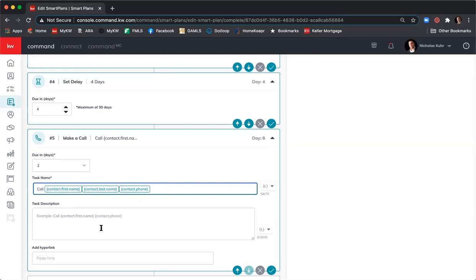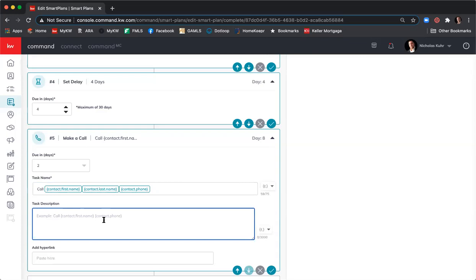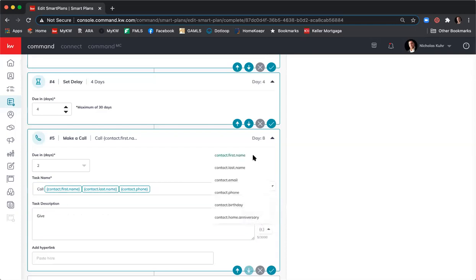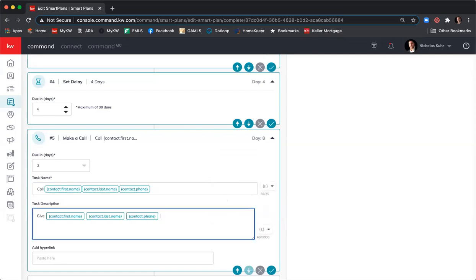So I don't even have to click in here, but I will want to, because I want to give a little description, and I'll say give, and I'll do the same merge fields. Now, for whatever reason, in the description, when you add a merge field, it'll put it in the correct order. So I'll do contact first name, contact last name, phone number, to see if he or she is still thinking about buying or selling,